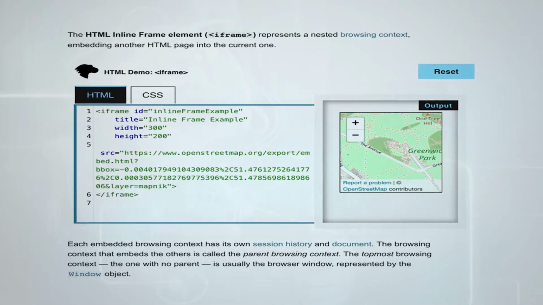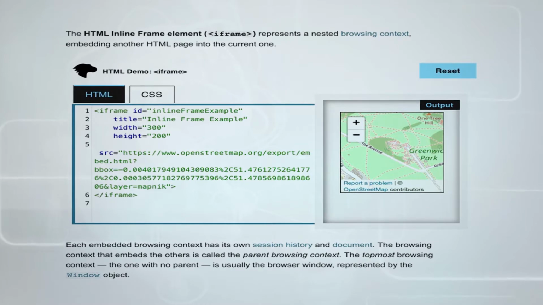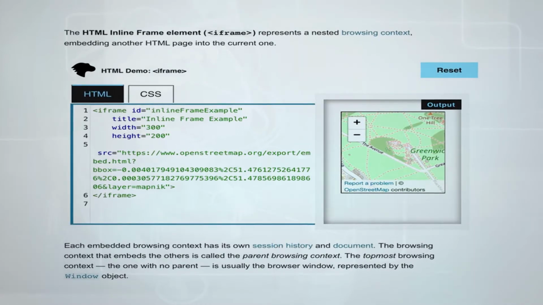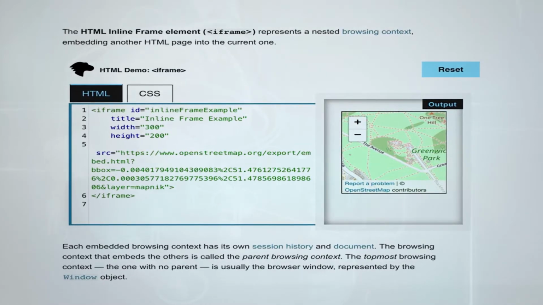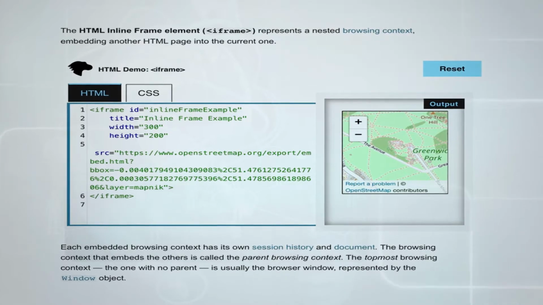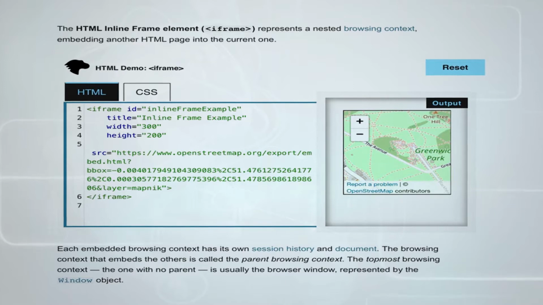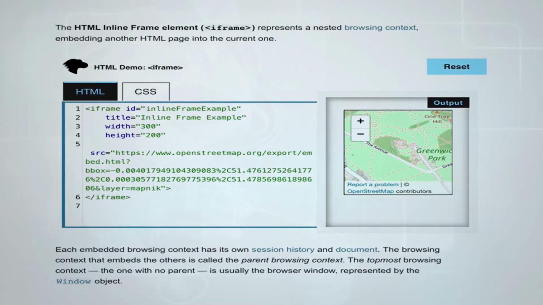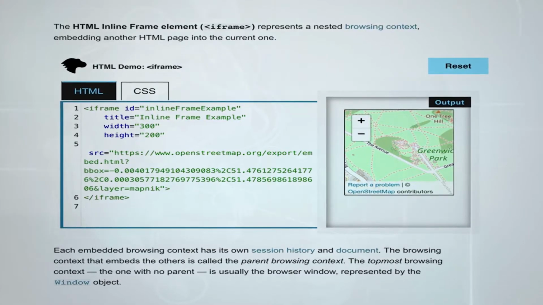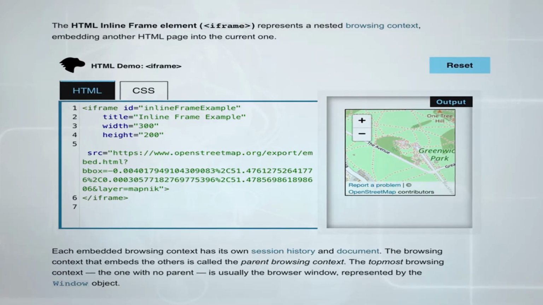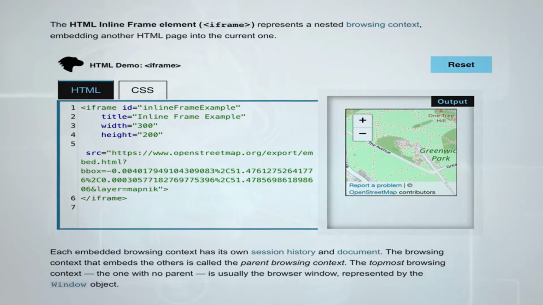Here we are looking at the HTML inline frame element, that is iframe. Earlier we have seen a tag called frame, but in HTML 5.0 we will be using the iframe tag. It represents a nested browsing context, embedding another HTML page into the current one.